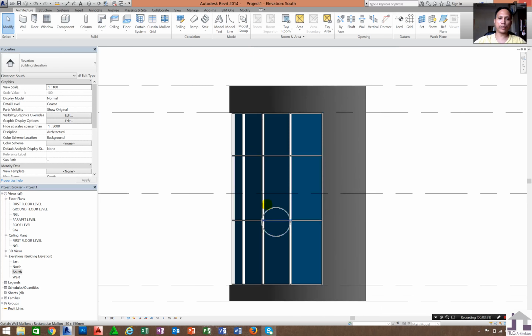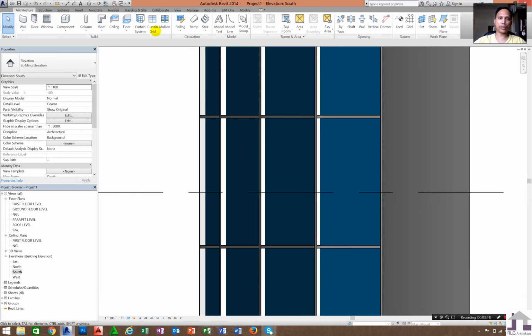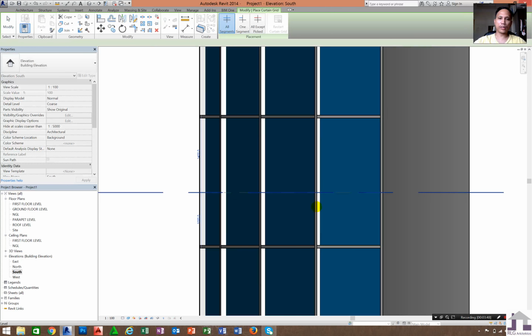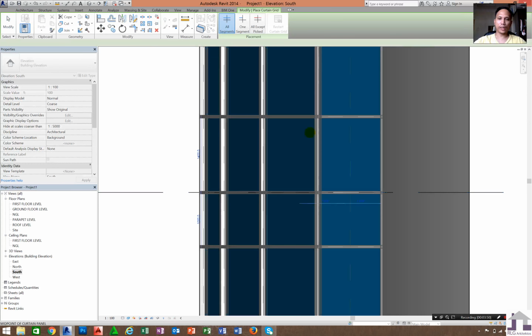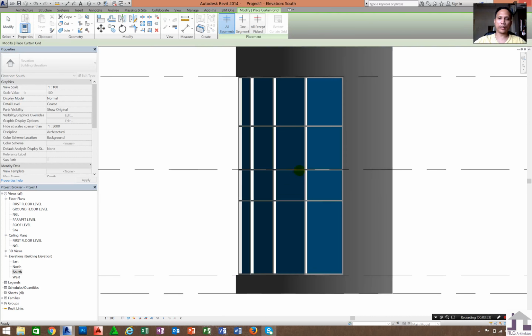So same as what we did before in the storefront, we can change or adjust the height of this part, or we can add one more mullion. If I want to add 1 mullion, you just go to curtain grid, click grid and then click this part and 1 mullion will be added there.